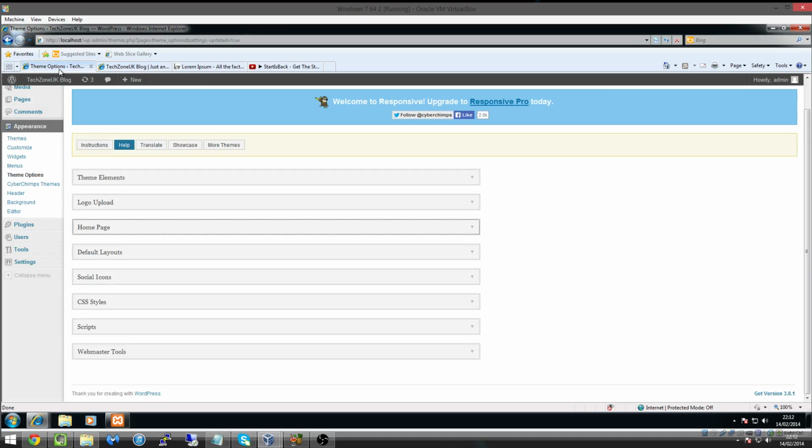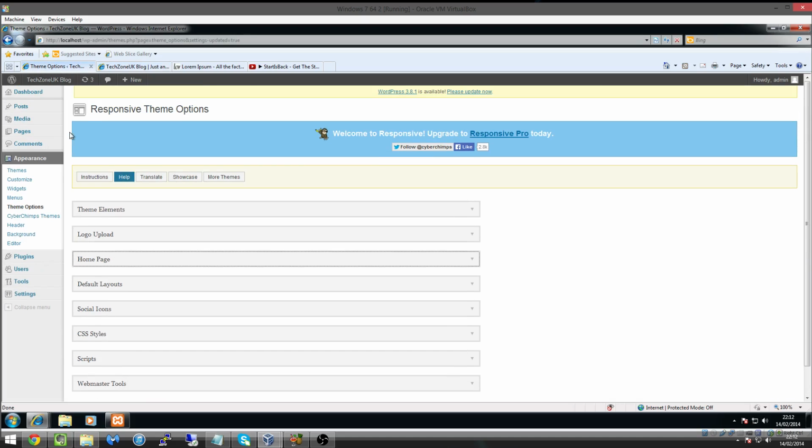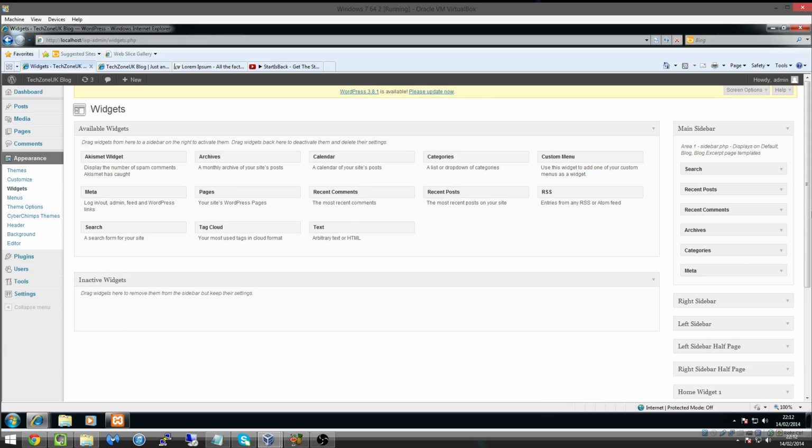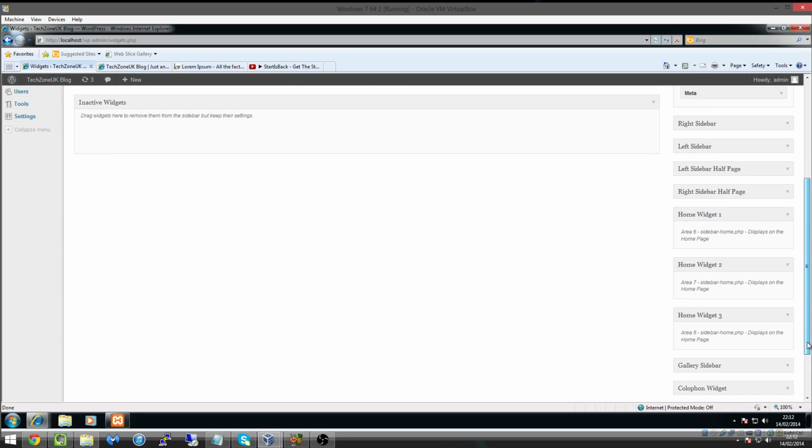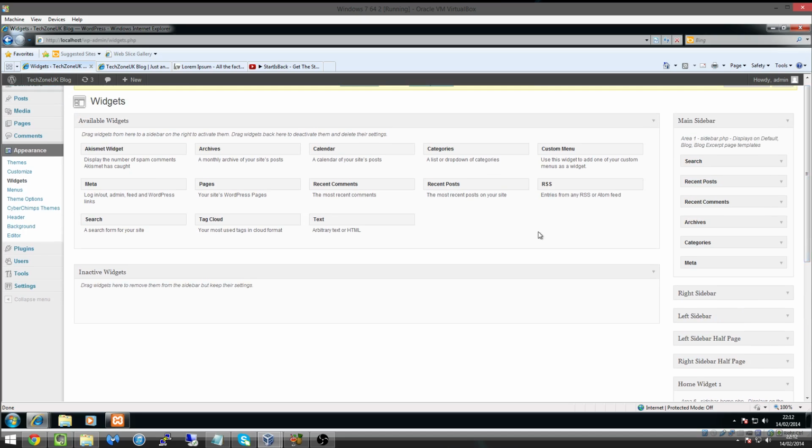So what we're going to do is we're going to go back to our dashboard, and under appearance we have the widgets section, so we're going to click on that, and what you'll see here is on the right we have home widget 1, home widget 2 and home widget 3. And how do we edit this? Well, you can see we have to edit some content. We want to put some content in there, and I believe you do this by using the